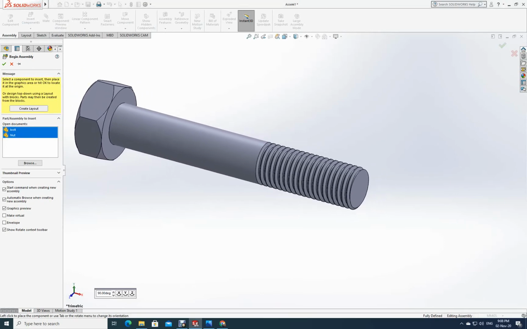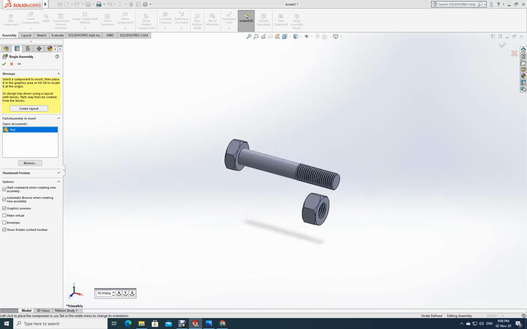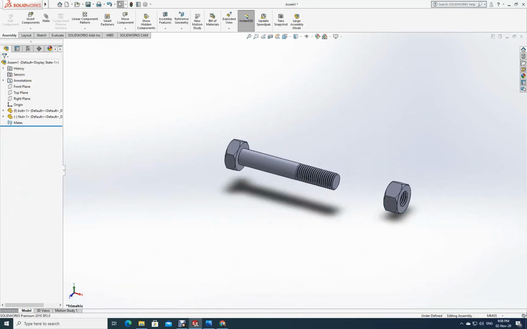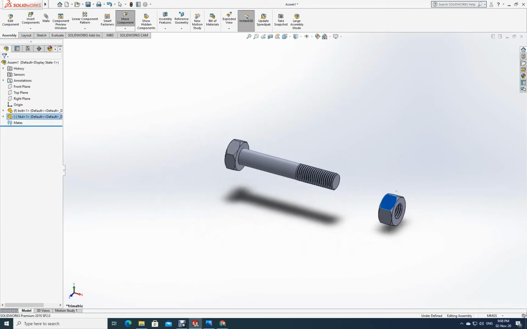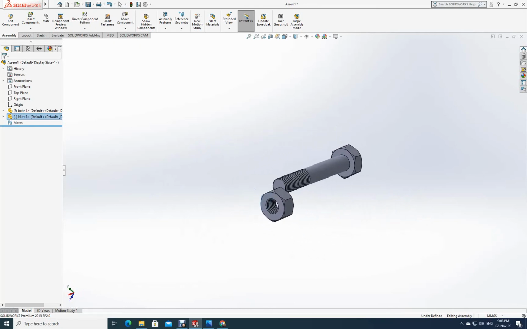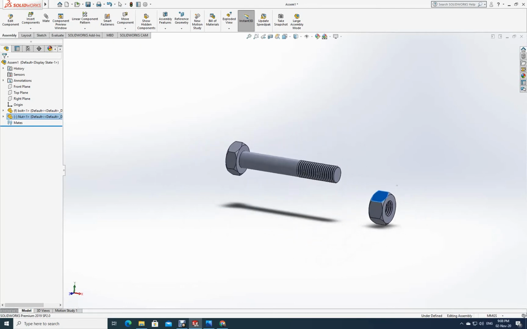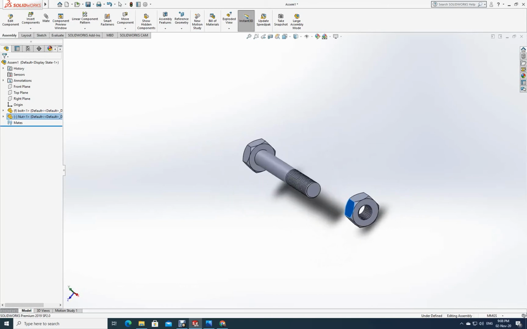I will just bring and put it here. One piece, see, the bolt is here. See, it is just moving. Just click here. Okay, now see, both the parts are present over here. Now you can just move it like this, come around, go around, anywhere you can go inside. Through this head you can come out. Just go here, turn it this way, whatever way you want. I have pressed the mouse wheel, and then I am moving it like this.